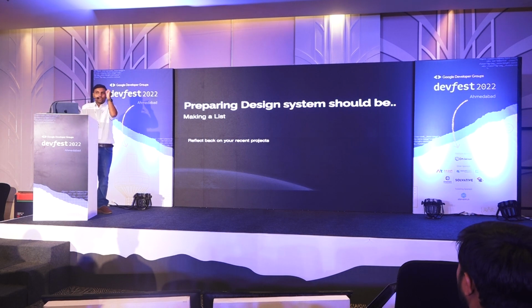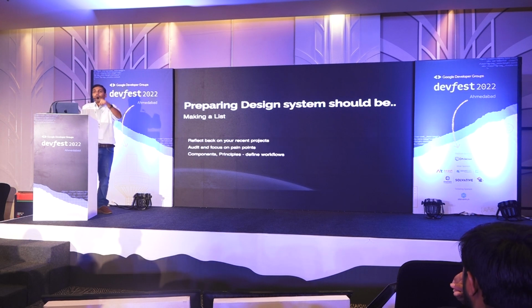So we're going to be reflecting on those thought processes. We're going to be auditing and taking those pain points, right? When I say audit, take the last 3 years of your life in the Android world and figure out what you have done on the UI side. Like what could have been done better? Those are the problems you're trying to solve by the design system. That's the thought process.